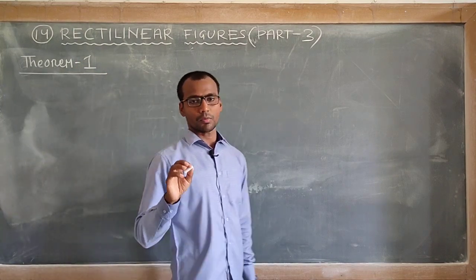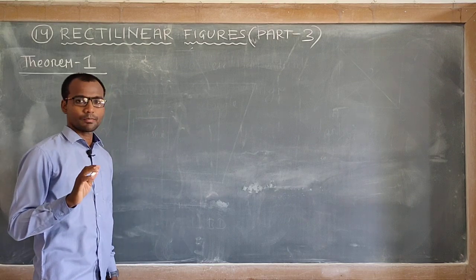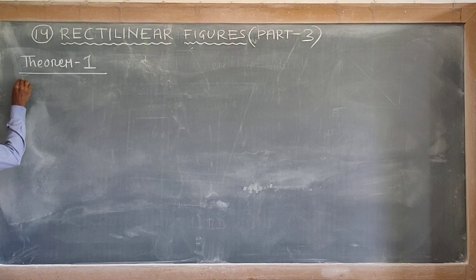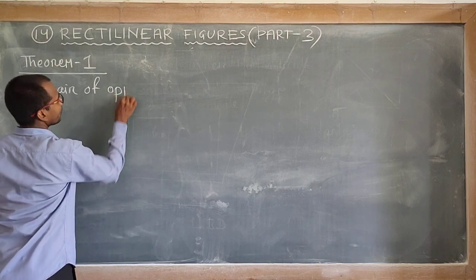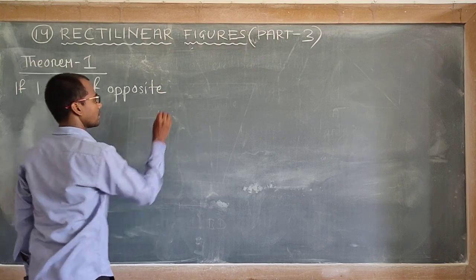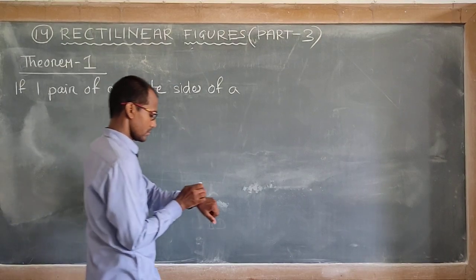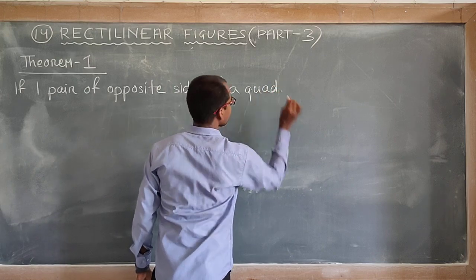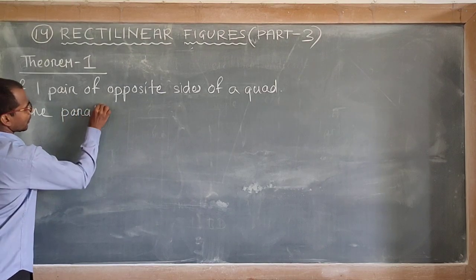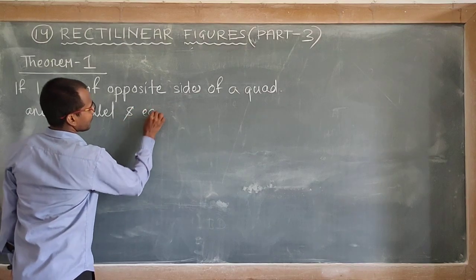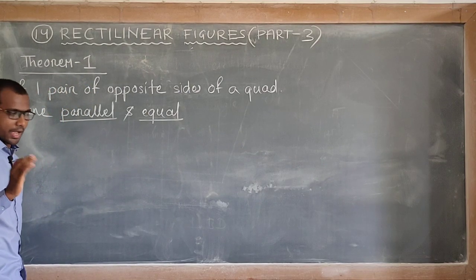It is the most important theorem of this chapter. Theorem number 1 states that if one pair of opposite sides of a quadrilateral are parallel and equal, so remember this, parallel and equal. If one pair of opposite sides of a quadrilateral are parallel and equal,